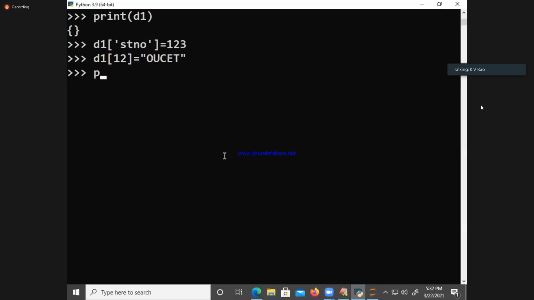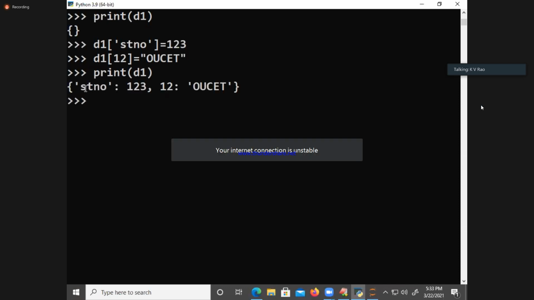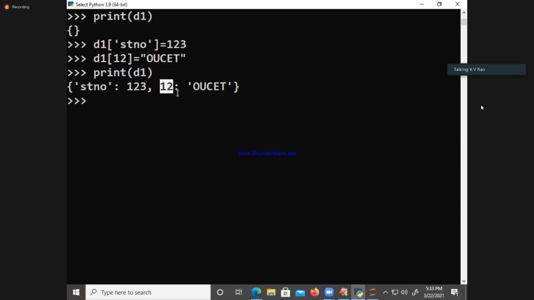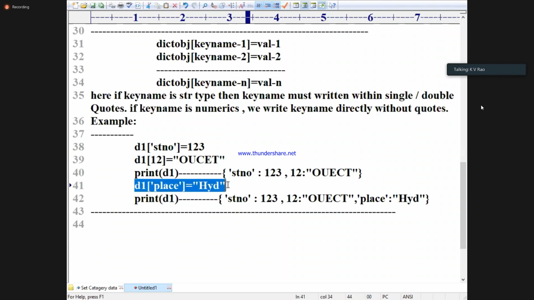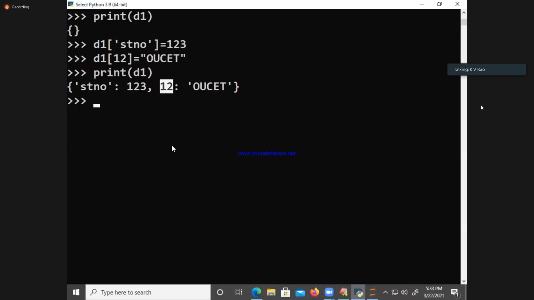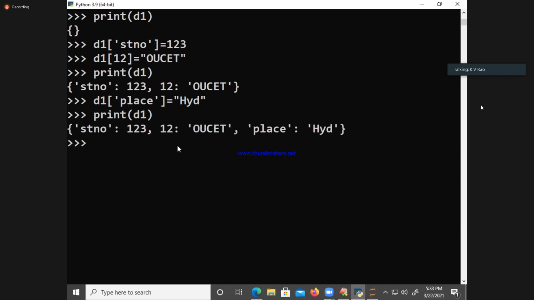Print of D1. I will get it. STNO is what column? STR column. C12 is what column? Numeric column. Now you go for append one more thing. Appending is nothing but adding something at the end. Print again D1. It is done.